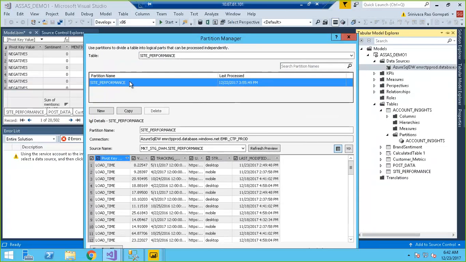Now, in order to improve the processing, meaning the data movement performance, we are going to create partitions. If you want to improve the data movement speed, we are going to create multiple partitions for the table and process the data. So as you are moving the data from different connections, it will read the data fast. And the second thing is,